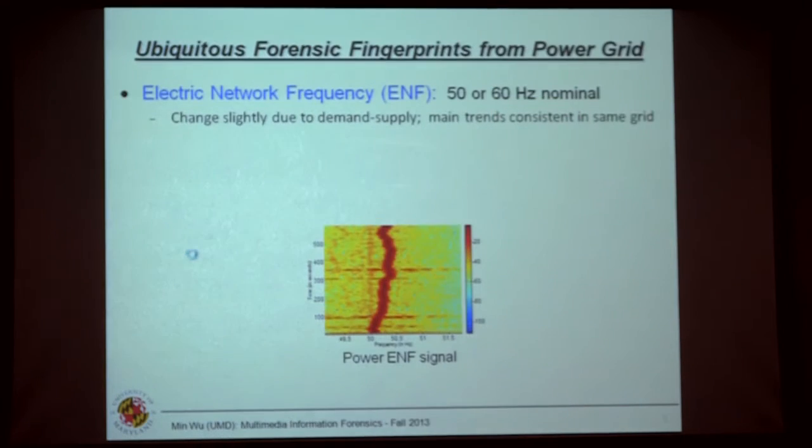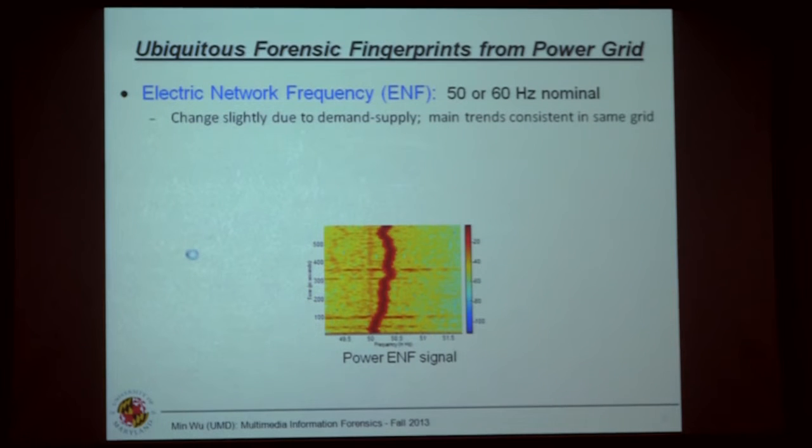What we are looking at, in a slightly smaller view, is called the electrical network frequency, or ENF for short. This is basically the frequency of the alternating current that powers our modern world. It's 50 hertz in most parts of Asia and Europe, and 60 hertz here in North America. Japan has both frequencies depending on which location you are in that small country, which is very interesting historically. Now this is what I call the nominal. We try to keep it stable in order for all the power equipment and electronics to work